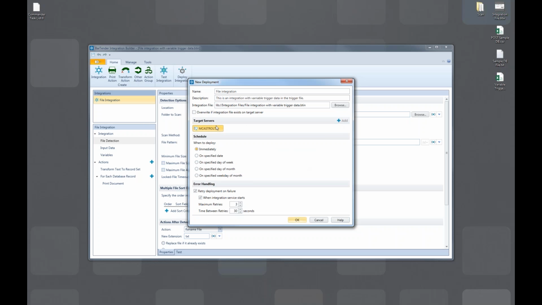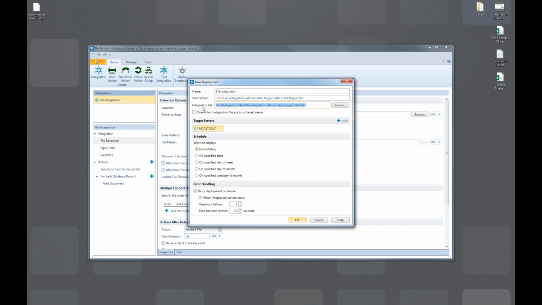Well, you can deploy it, and this is where you would set that up to different machines or different production servers. What's occurring there is the two integration services are talking to each other across the network, and we send a copy of this integration file over to that other production server so that they can put it into their administration console,